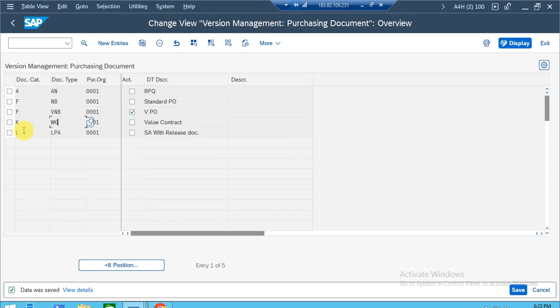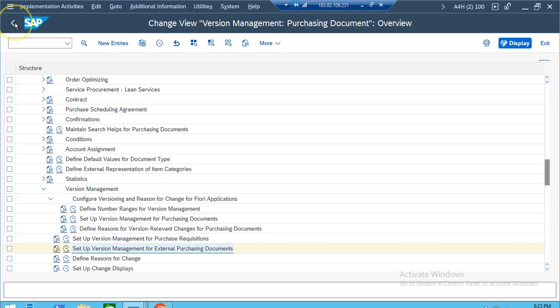So here do we have version management for contract with the document type ZA, ZMK1 and ZP01? No, right? Here we have one setup available, but it is for standard document type WK and purchase organization 0001. But for our purchase organization, we don't have a setup maintained for version management. So in this case,